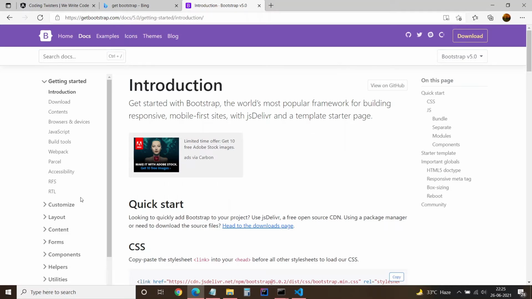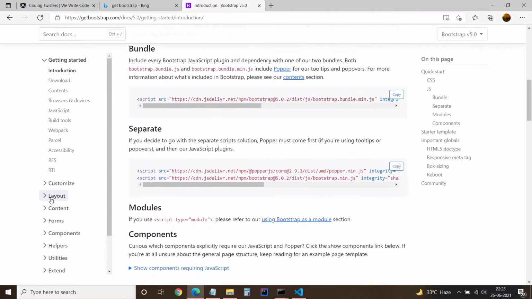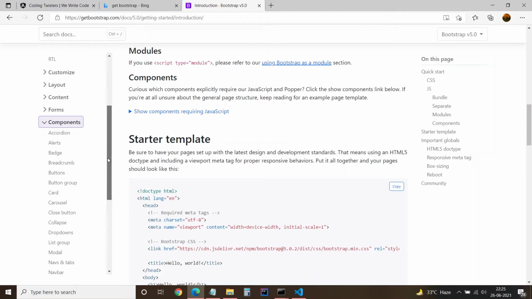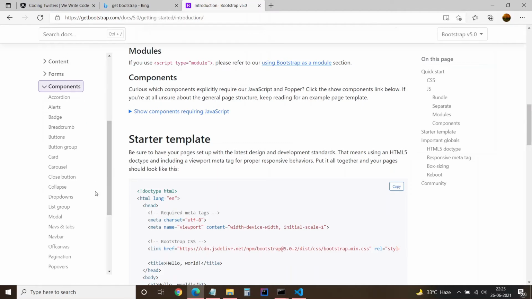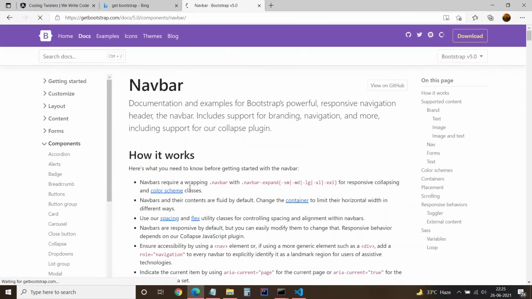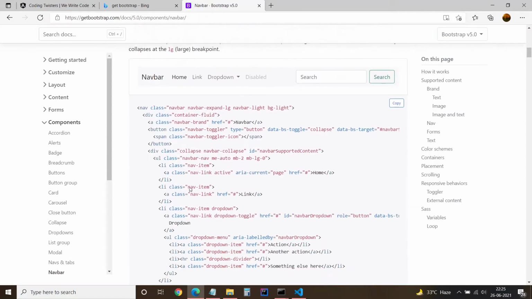Here we will go to the components and see how we can apply our navigation bar with the working dropdowns.